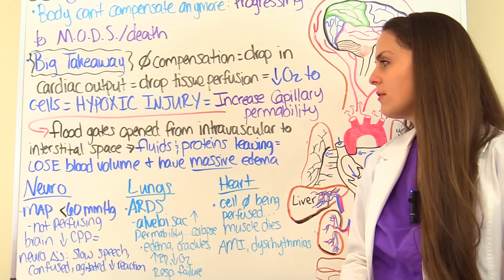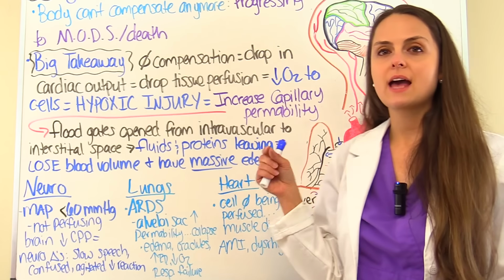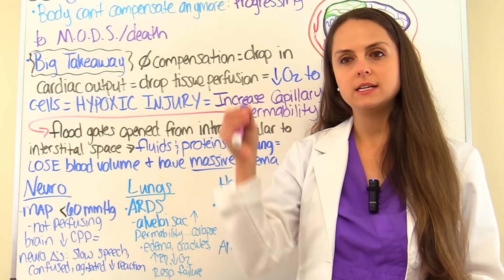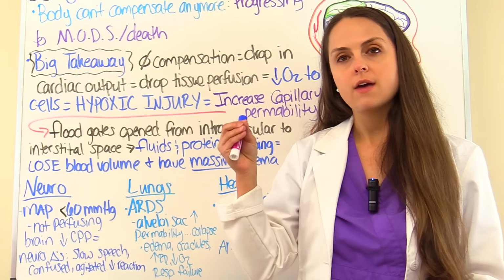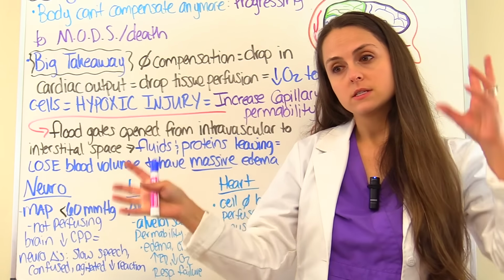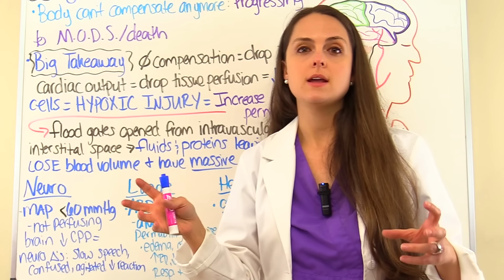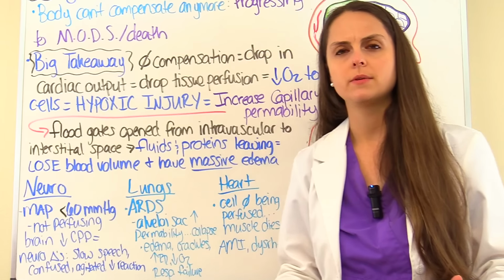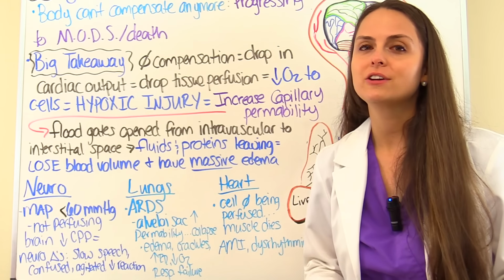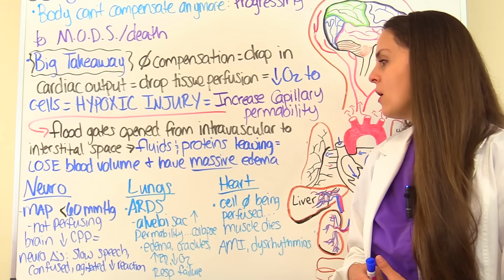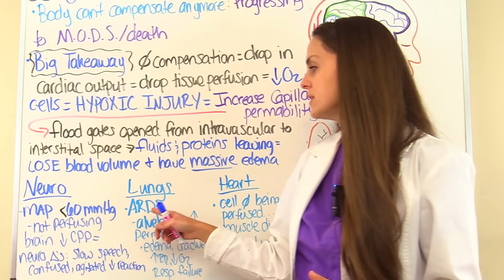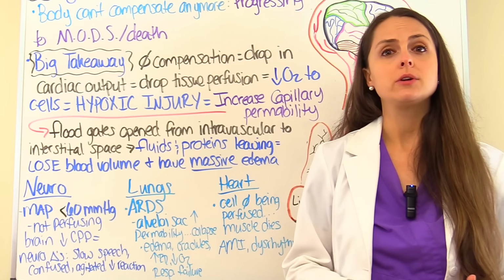What's going to happen with our lungs? Well, remember, we have increased capillary permeability. They're receiving decreased perfusion. We already knew that in the previous stage that some spaces in the lungs are not being perfused like they should, so we're having a drop in oxygen. Now we're throwing in increased capillary permeability. Well, this is going to lead to ARDS, which is acute respiratory distress syndrome.